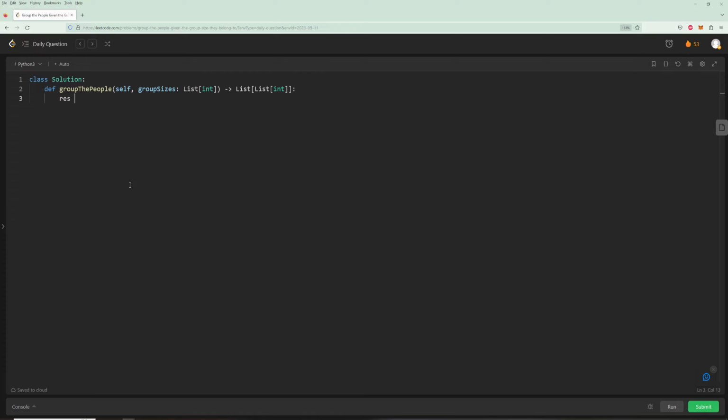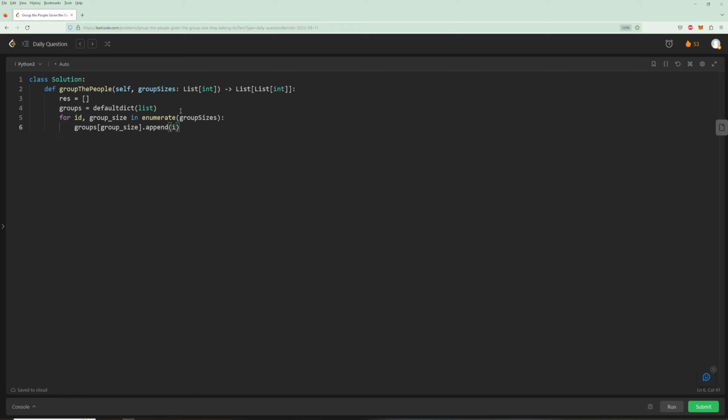So we are going to make a result, and we are going to make groups. We're going to make a default dict list. You can honestly make a normal dictionary too. So for index, value in enumerate group sizes. And if we want to make better variable names, we can say for ID, and this can be group size or something. That would work too. So it's going to be groups, and then which one do we need to add it to? So the key is going to be the group size that person needs, right? So if that person needs to be in a group of 3, we need to add it to key 3. So we're going to append